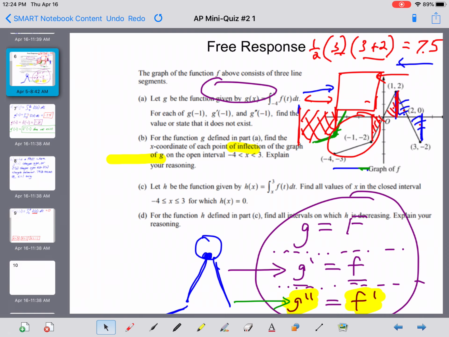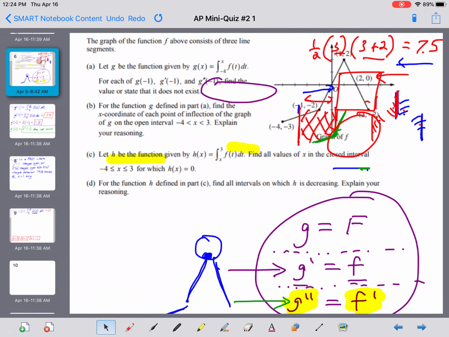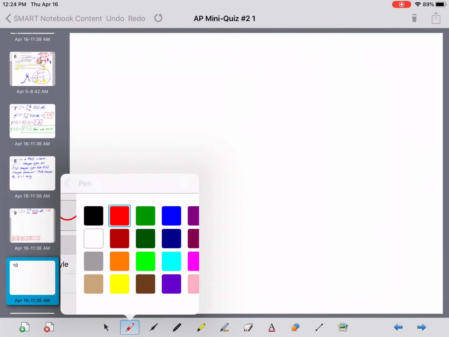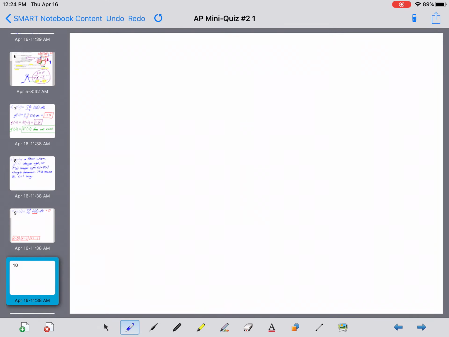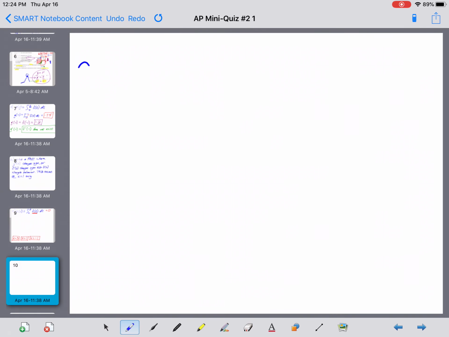And then what's going on right here in part D, everybody? All right. For the function h defined in part C, find all intervals on which h is decreasing. And there it is again, guys, to explain your reasoning. So again, I like to begin with the explanation. All right, so we wanted to know where on this interval right here that h was decreasing. All right, so for D, everybody, we can say that h decreases